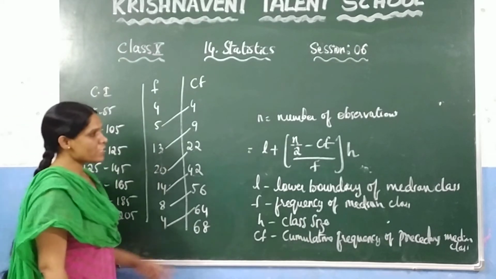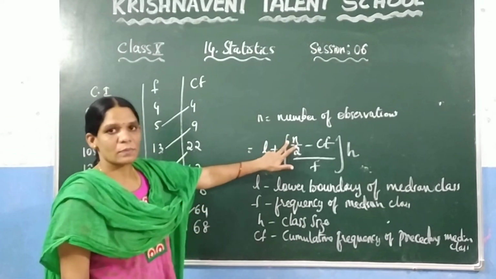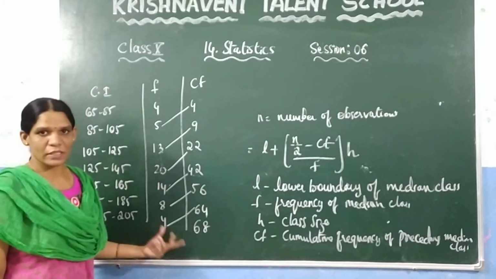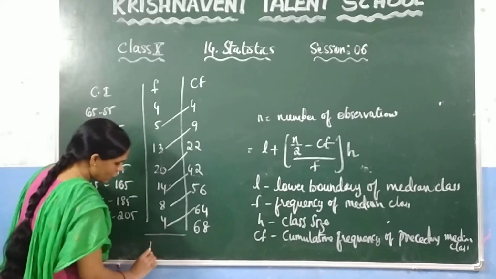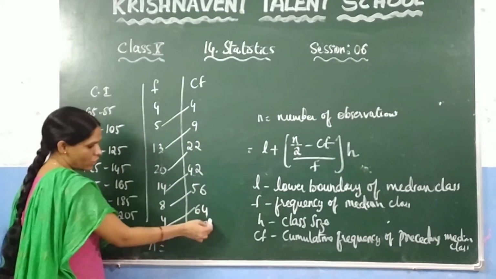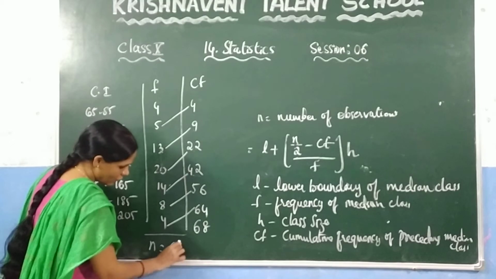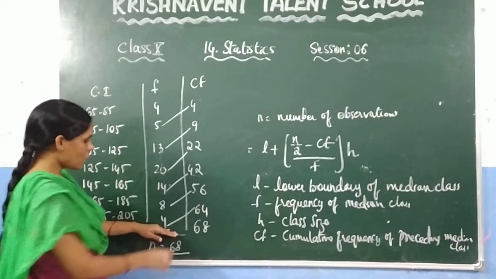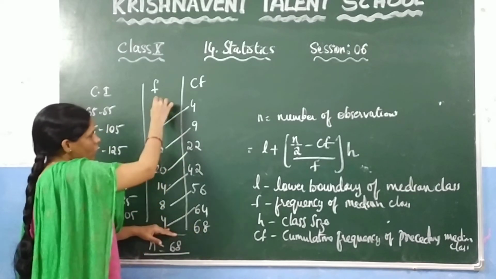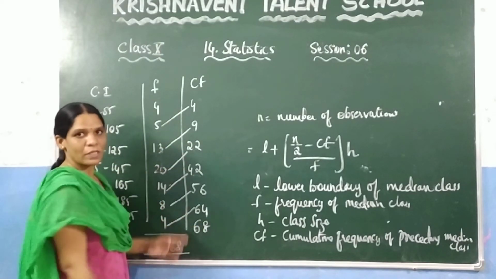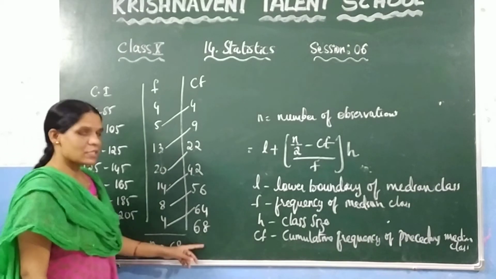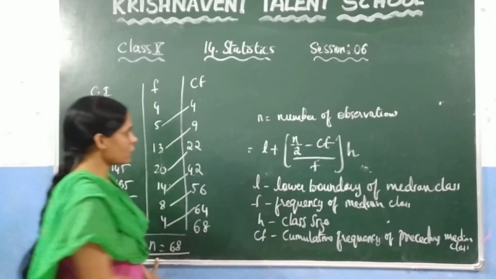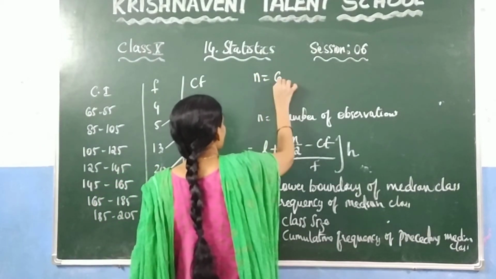Now here, what is meant by n? N is nothing but the number of observations. That means if you calculate all the frequencies values, you will get the n value. We have already calculated what you got in here, 68. So here the n value is 68 because just now we have added at this step. How you got 68? Just by adding all these values we got 68, which is nothing but n. So here in this case the n value is 68. Now here you know the n value which is 68. So here we got n is equal to 68.